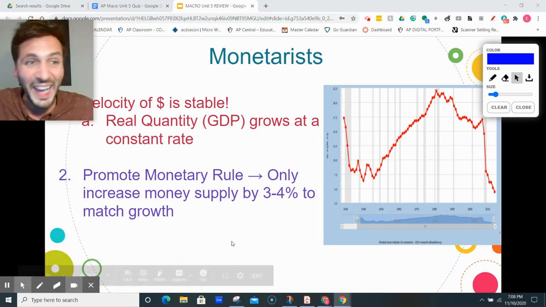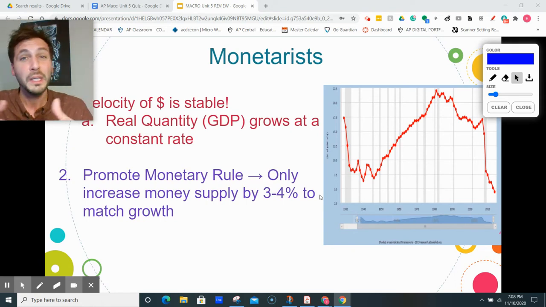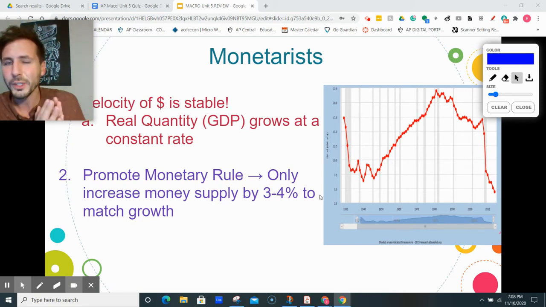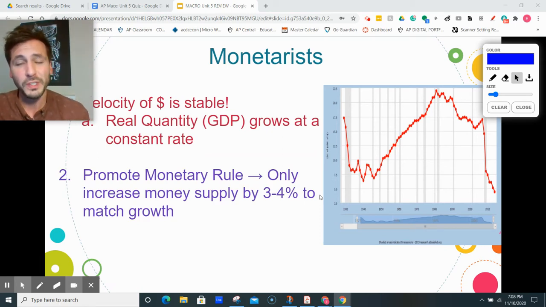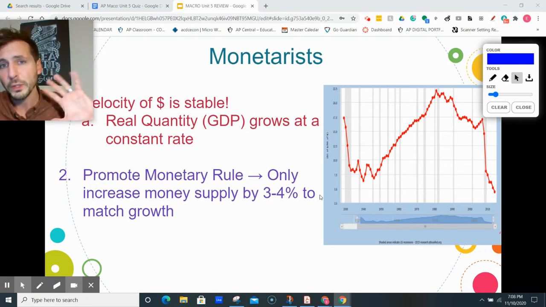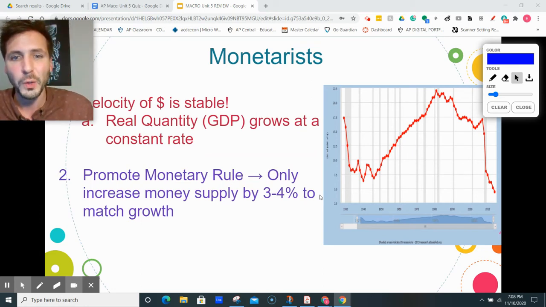So what they say we should actually do is something called the monetary rule, and you don't need a Federal Reserve for the monetary rule. The monetary rule is, hey, we can predict the increase in real GDP growth, 3%, 4%, something like that. All we need to do is increase the supply of money by that same amount. If real GDP is going up by 4%, we increase the supply of money by 4%. What that does is it gives people enough money to buy those new goods and services without causing inflation. In other words, we're not putting too much money out there, which drives up prices but not an increase in quantity.